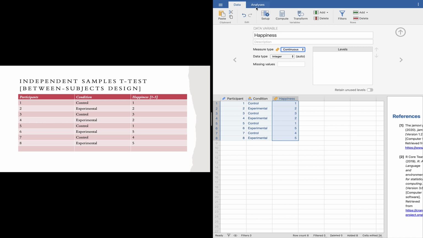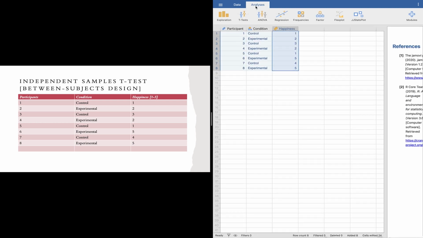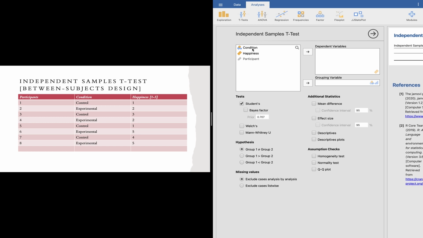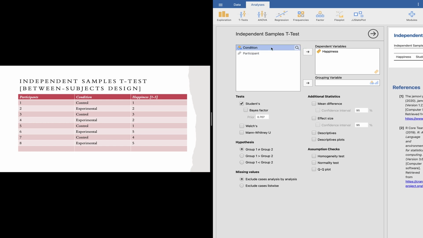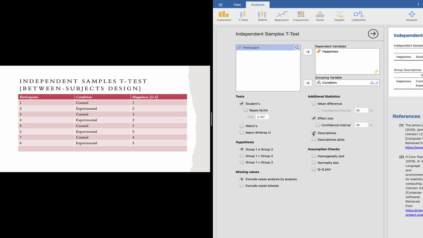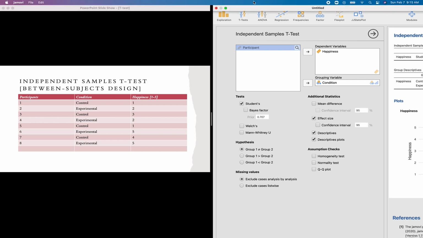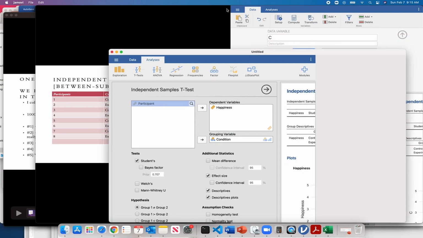Now the analysis is pretty straightforward. Click Analysis at the top, click T-Test, click Independent Samples T-Test. My dependent variable is happiness. My independent variable is my grouping variable, is my condition. All I need to do now is click the right boxes. I would like my effect size. I would like my descriptives. I would like my descriptive plots. Let's make this the focus